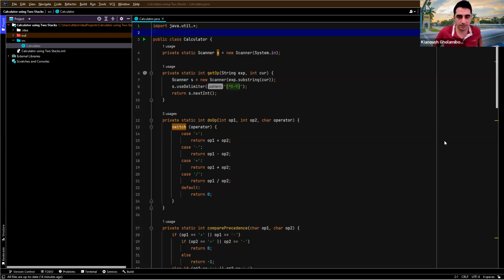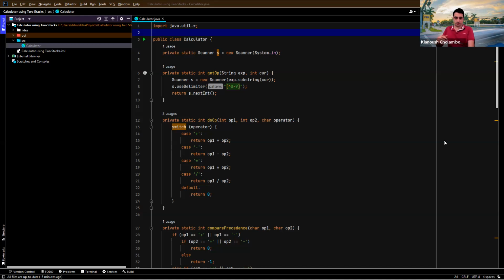This video explains how to create a calculator that evaluates a given algebraic expression using plus, minus, star, and a slash, and also integers and parentheses, using two stacks. I'm going to use two separate stacks. One is the stack of operators, which holds open parentheses and plus, minus, slash, and the star. The other stack is the stack of integers, which only keeps the intermediate results and also the integers that are parsed